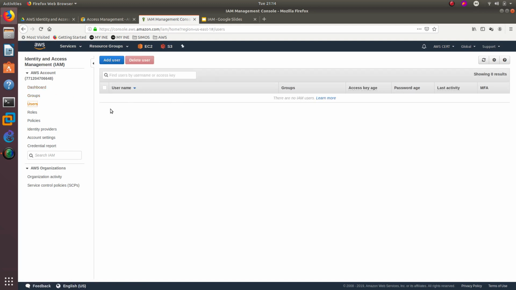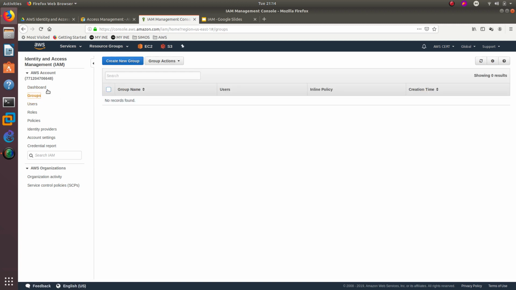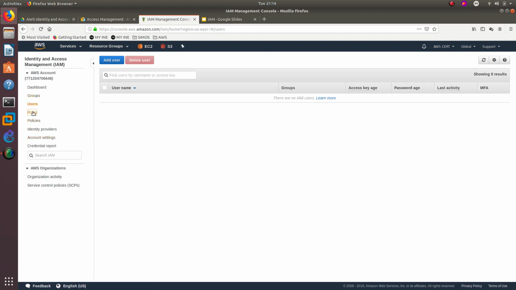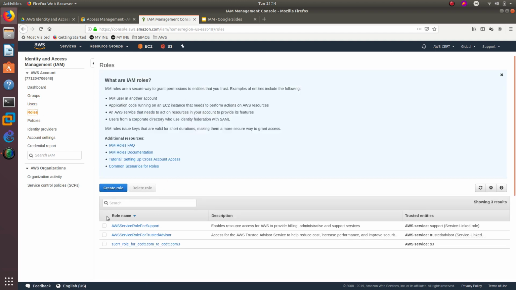So what you want to do is create the groups, and then after you create the groups, you want to create the users, and then add those users to the group. It doesn't really matter if you create the user first, and then you create the group, and then you add the users to that group. If you want to create your own policies, you can go ahead and create and name those policies over here. Here's the users,